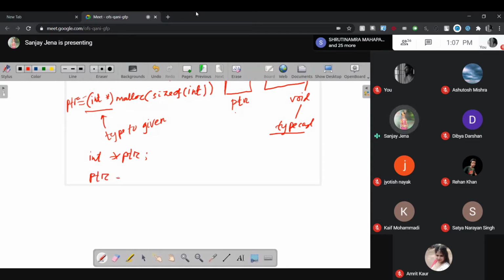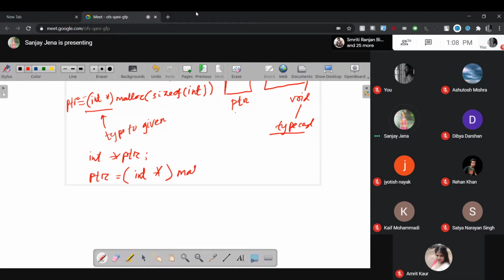And one sincere request to you, whenever you are working with pointers, always draw a diagram. Otherwise, even after 100 practices, you cannot get clarity. Always diagram. Pointer, I am doing integer star. Why integer star? Because the type in which you are going to use the block has to be decided.